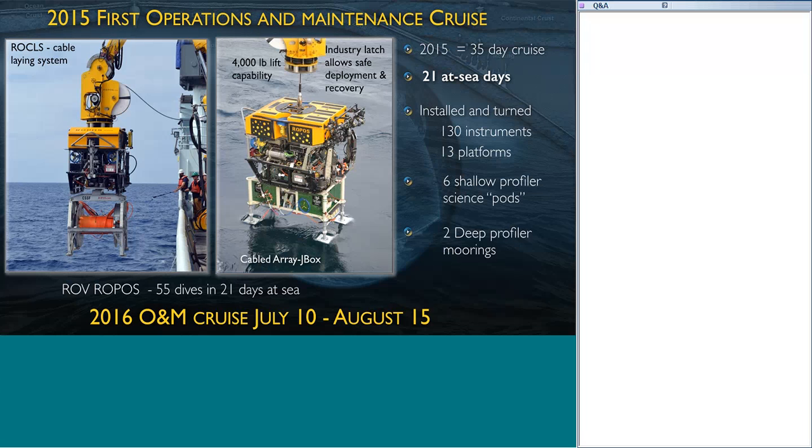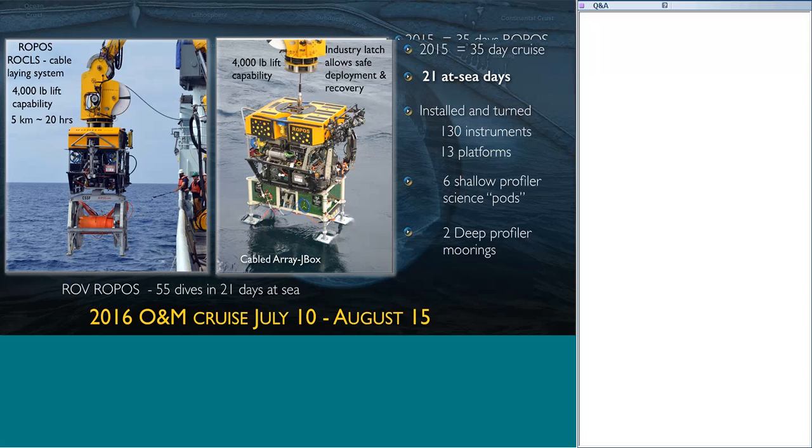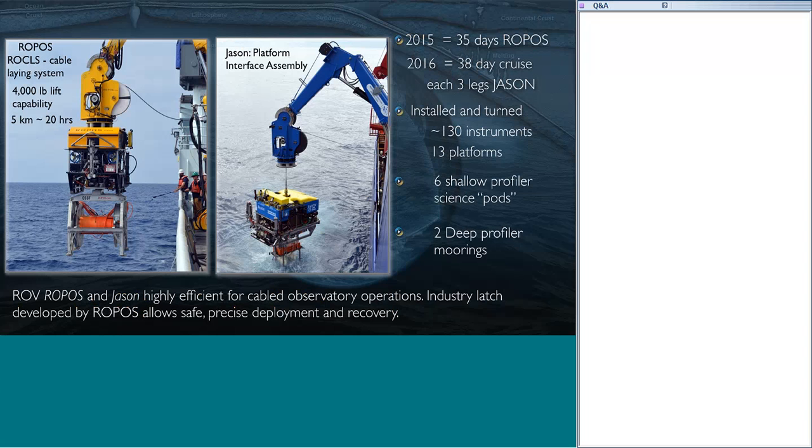The installation of the second infrastructure was done by the Canadian vehicle called Ropos, and there were 85 days in 2014. We had 55 days in 2015, and then this summer we transferred the operations of maintenance capabilities to the ROV Jason, and that's shown here. So you can see that we have very intense cruises, and one of the things that we emphasize when we talk to PIs is we really work with them to